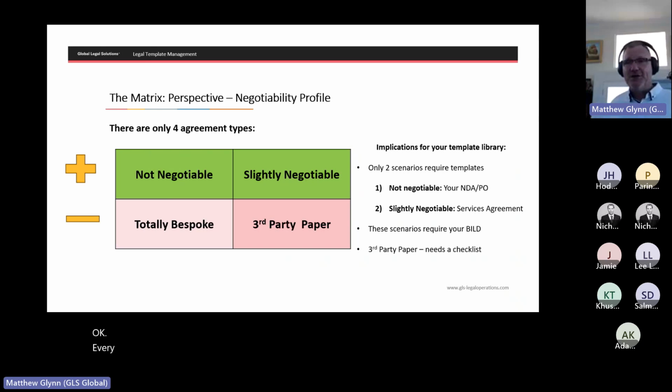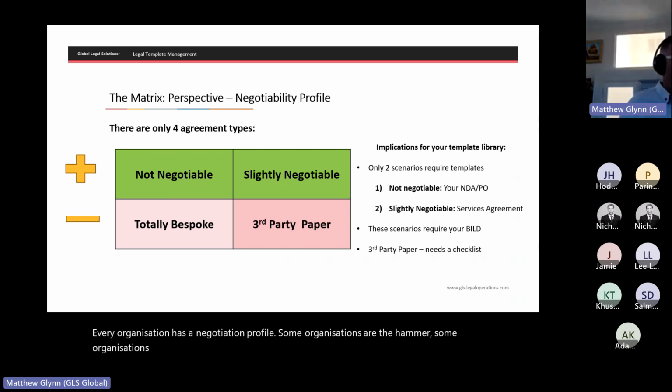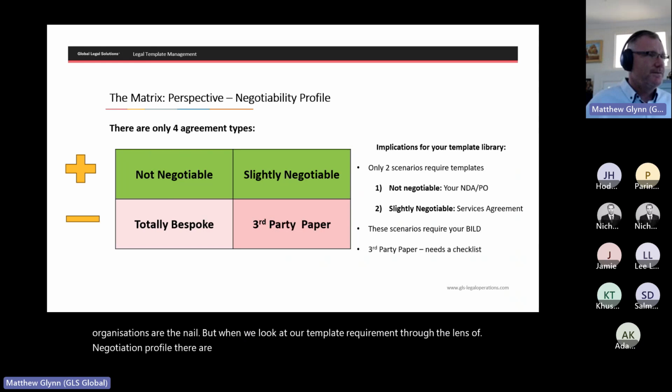Every organization has a negotiation profile. Some organizations are the hammer, some organizations are the nail. But when we look at our template requirement through the lens of negotiation profile, there are only 4 types of agreements.